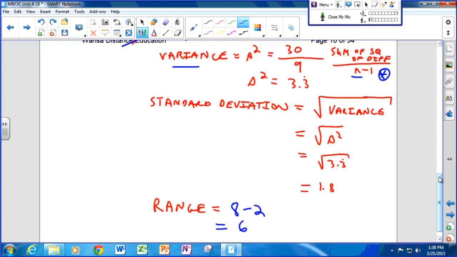Standard deviation is just the square root of the variance, which is s squared in this case. So once we have our s squared, we just take the square root of it, 1.8. And a range is just the difference between the largest and the smallest number. It's always going to be positive. So that's it. It may seem a bit more complicated than it is, but